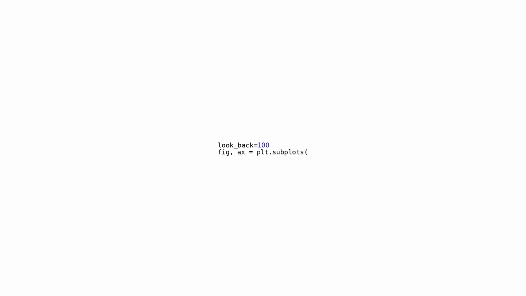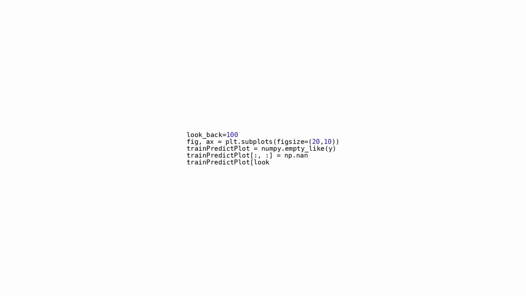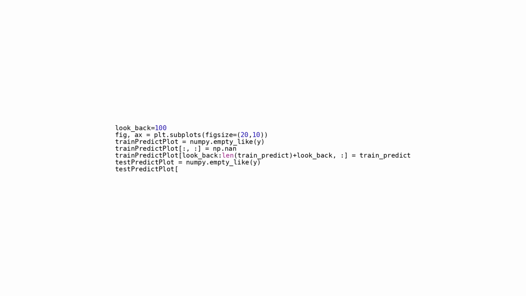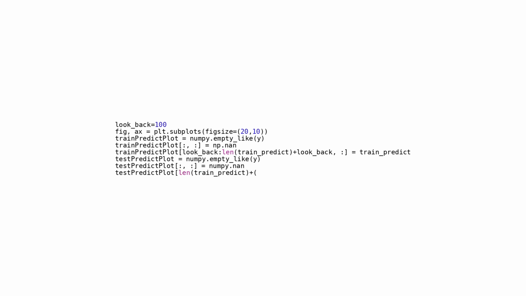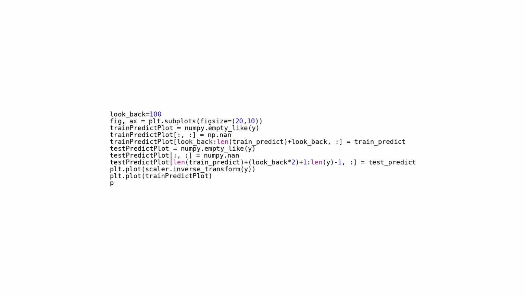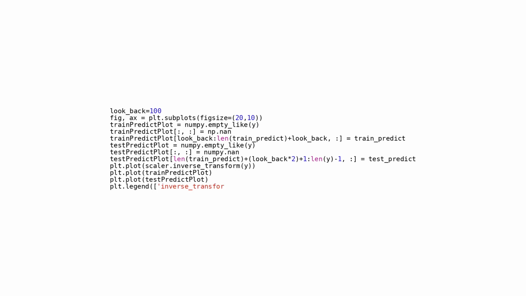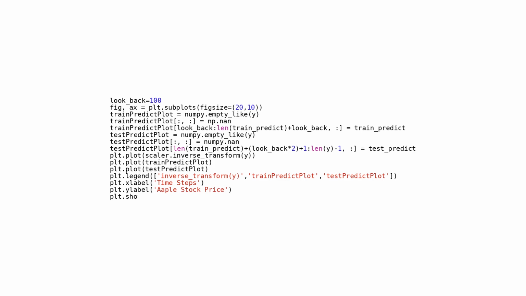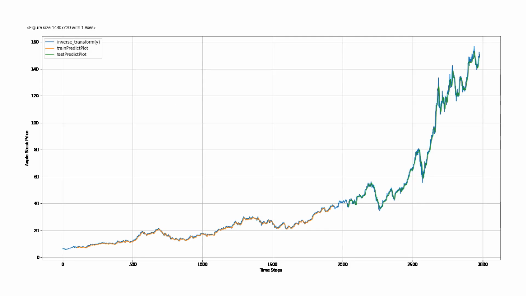Python code is provided to visualize the results of a forecasting model, specifically for predicting stock prices. This is done by plotting the original data and predictions on a graph. The code, which is explained step by step, defines a variable for the number of time points considered in the model's prediction, creates a plot with specific dimensions, prepares arrays for the predictions, and plots the data and predictions on the graph. Additionally, the x and y axes are labeled accordingly and a legend is included. The resulting plot can be used to assess the accuracy of the model's predictions for both the training and test